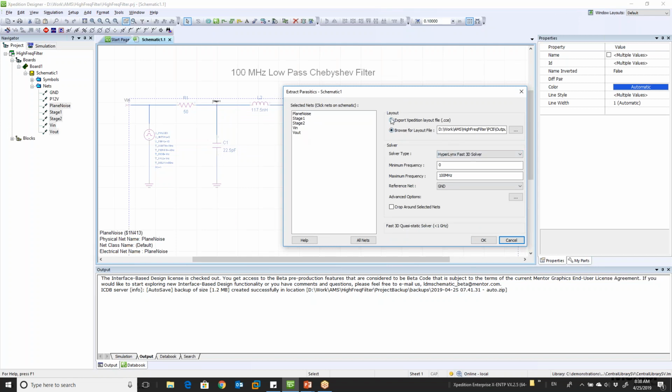And then I just need to, well, this is assuming we've routed the board, so there needs to be a CCE file from the routing. We can tell it to export this, and it'll actually go to Xpedition Layout, generate the CCE file, and then just point to that. Or if you've done it in the past, you can just point to the existing CCE file. You choose which solver you're going to use to generate those transmission line models and the frequency range,